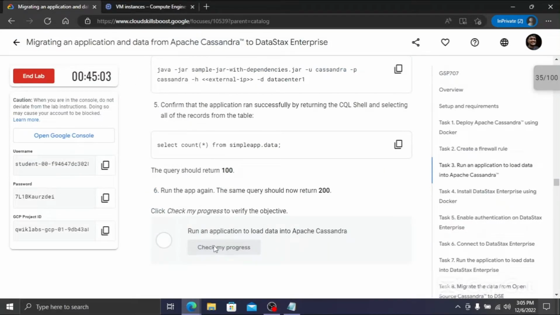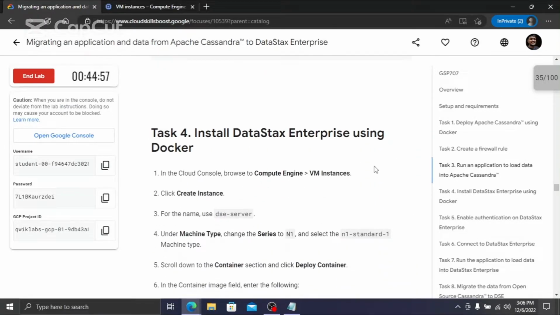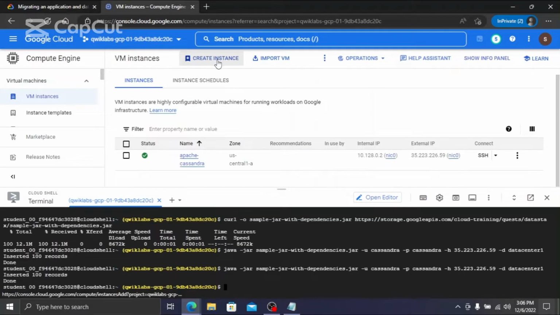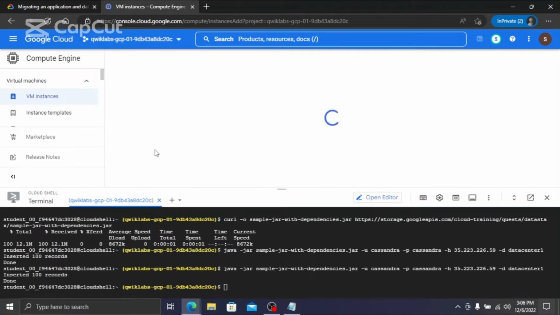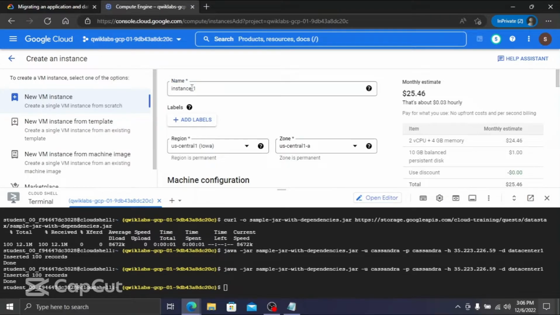Then we can check our progress, and this will give us a checkbox. Okay, nice. Now let's go for task 4. Again we have to create an instance, and this is the name. So copy this name, click the create instance button, and there write the name. Just remove this name, instance 1,